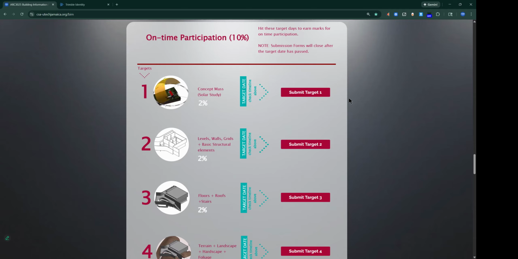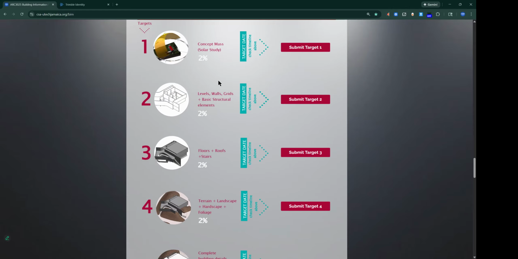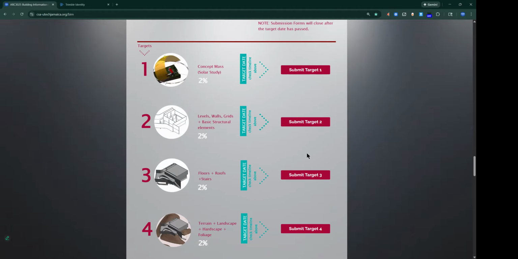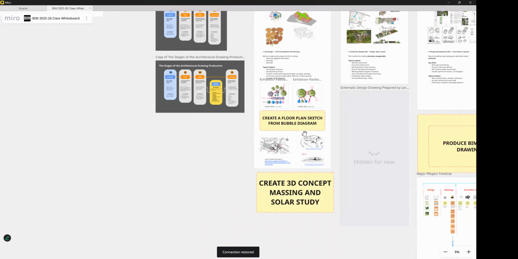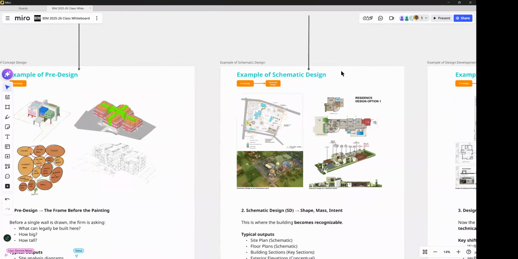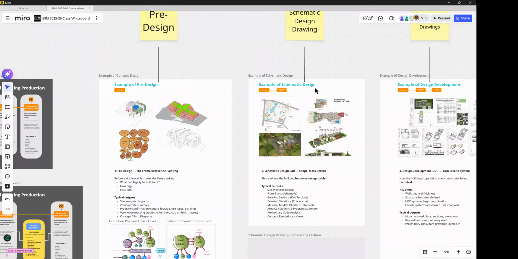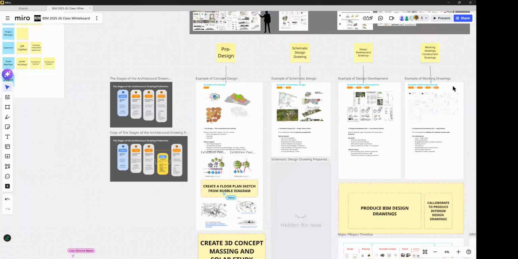So this is where the submission will be. After this, I am going to be taking your ideas for your pre-design and doing the next phase, which is schematic design, and then I'm going to give it back to you so you can continue towards design development.